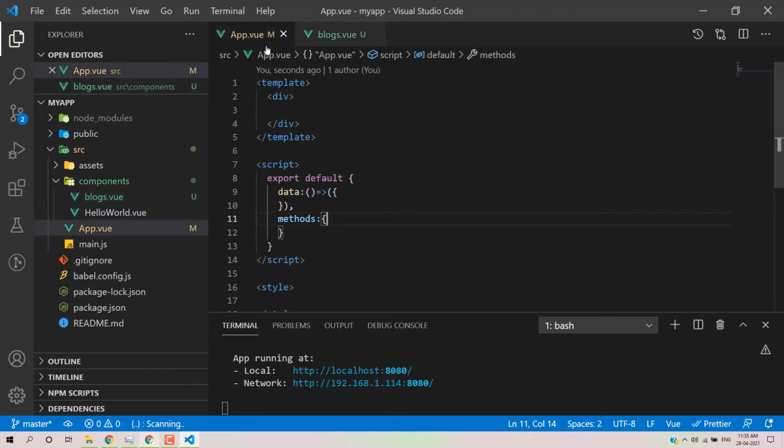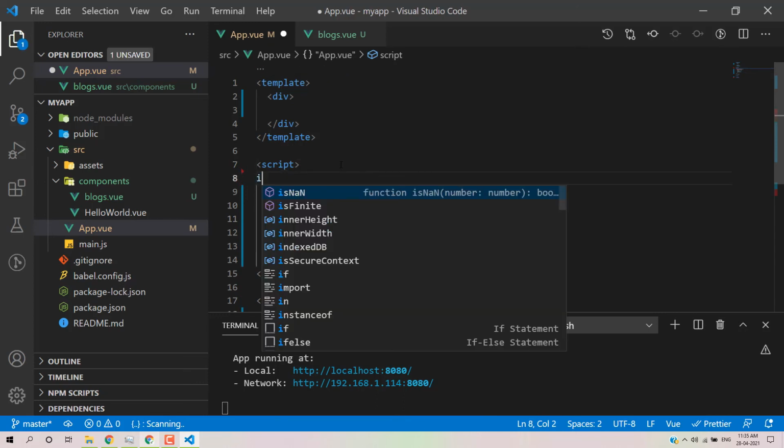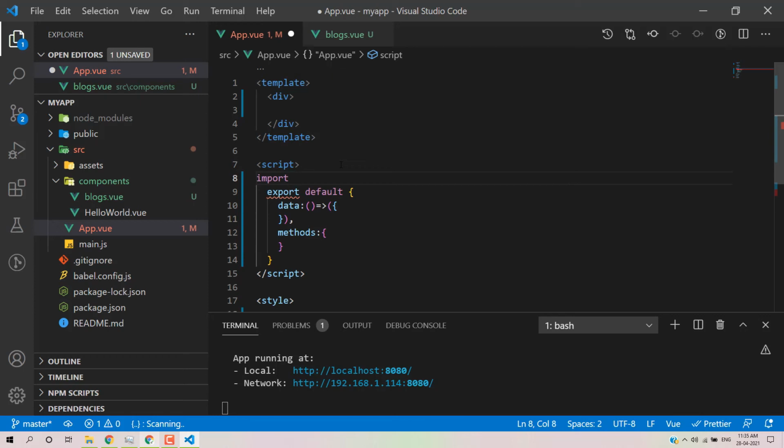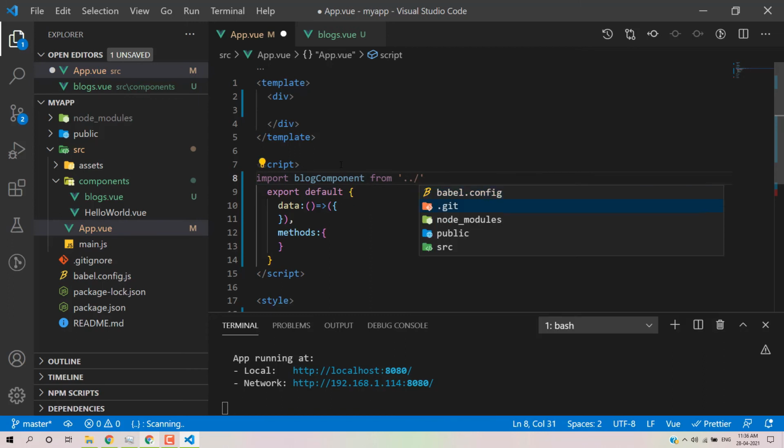So we'll write the logic, import, then we have the blocks component, from, and then we need to pass the value. So here we have the src directory, and here we have components, and then we have blocks. Okay, so this is blocks, we have imported this block component. Now we need to register this particular block.